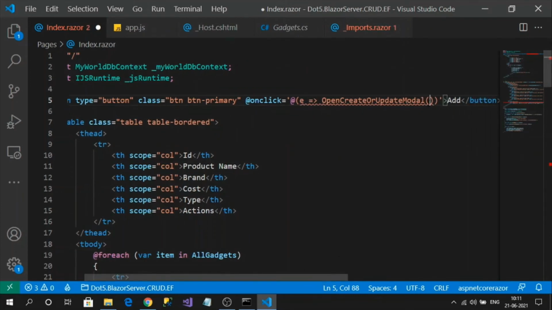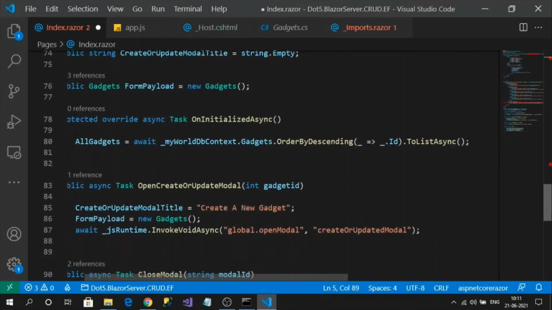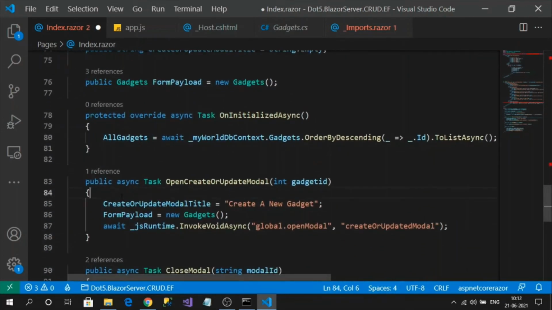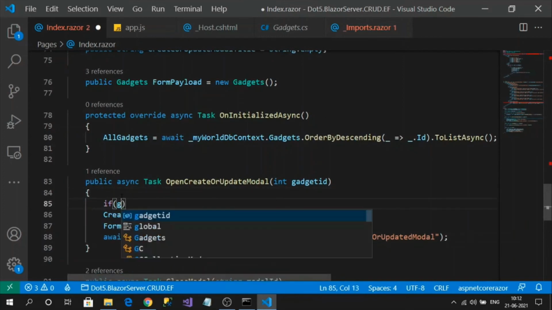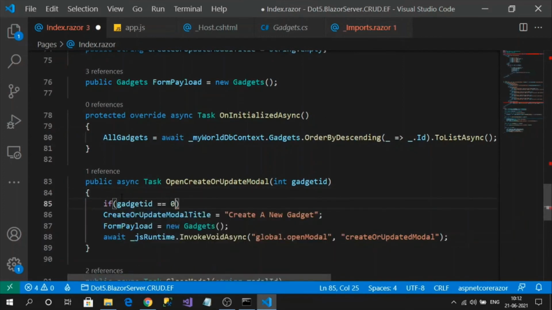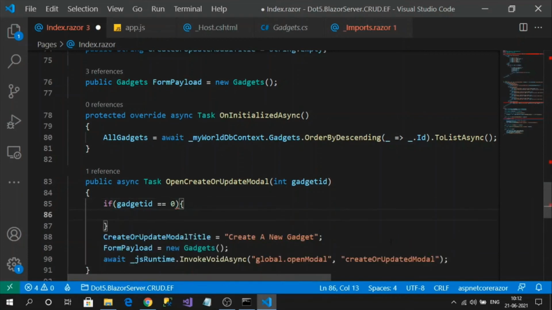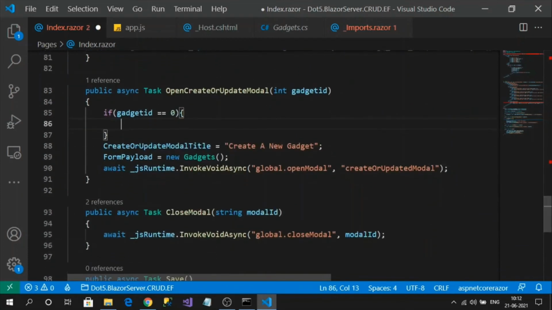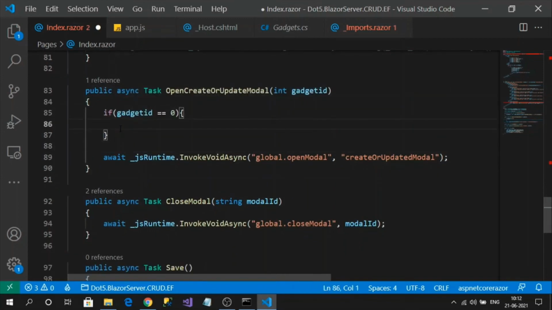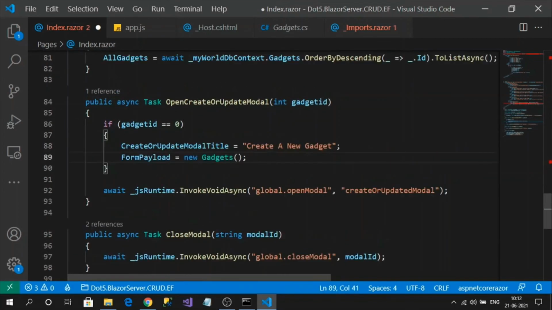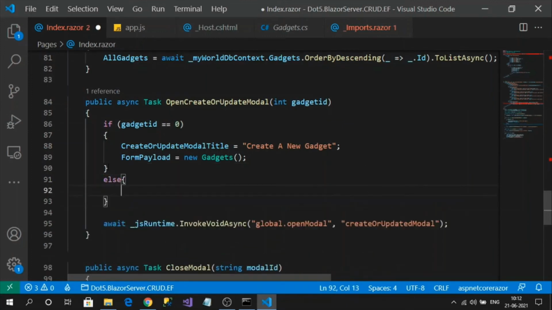And for create, I simply pass a value like 0. And I will update my modal open pop-up method. If gadget ID equals 0, then this is the code for creation. I am leaving this behind because it is common for everything. The modal should be open. And if it is more than 0, that means update.